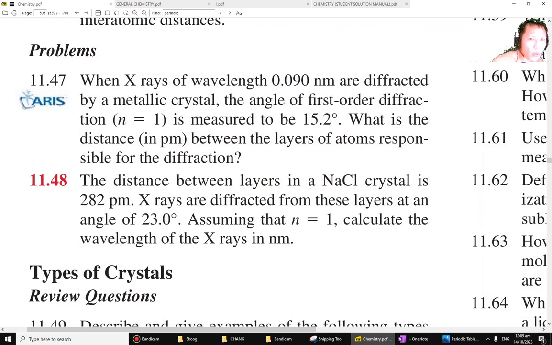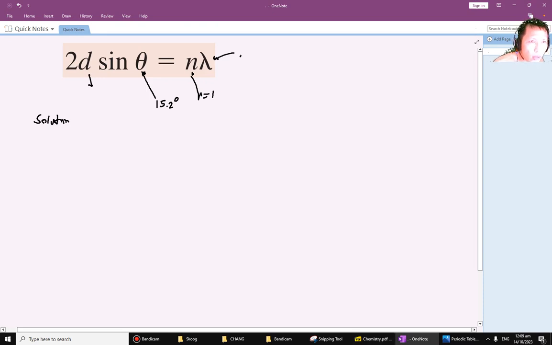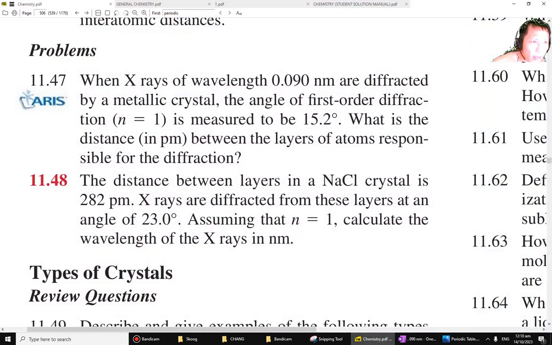lambda is 0.090 nanometer. Nanometer is times 10 to the negative 9. Basically we can solve that one. You can say that D is now equal to n multiplied by lambda divided by 2 sine theta. And then we substitute n equal to 1 multiplied by lambda 0.090, and then we can resolve the nanometers into meters,